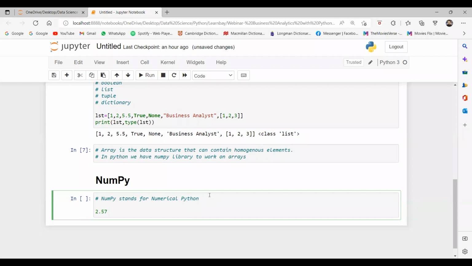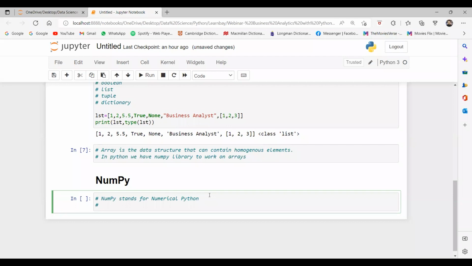But if you take the example of space research like ISRO and NASA, there even a small number will make a big difference. Yes or no, guys? They want to be 100% accurate. In that case, accuracy is more important. In those cases, we use NumPy.